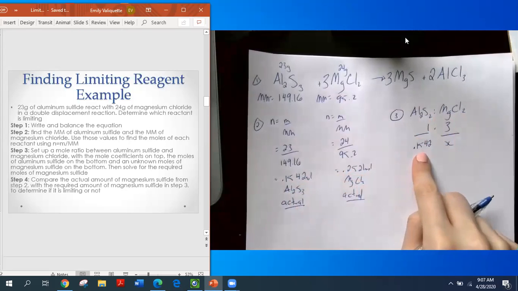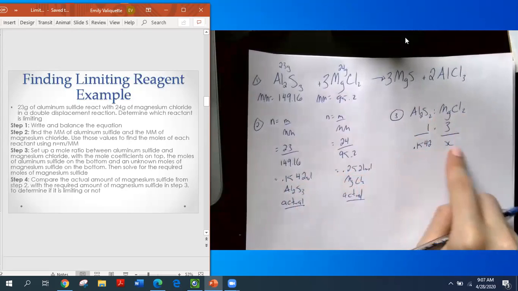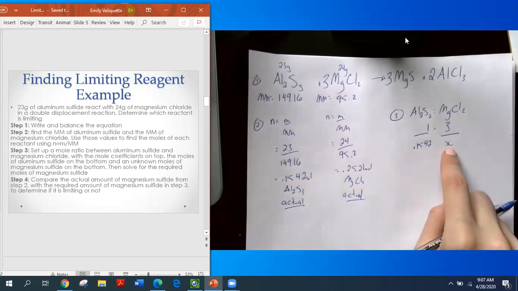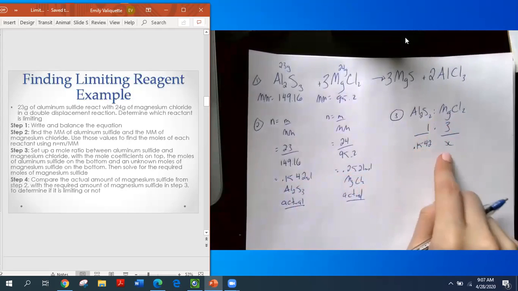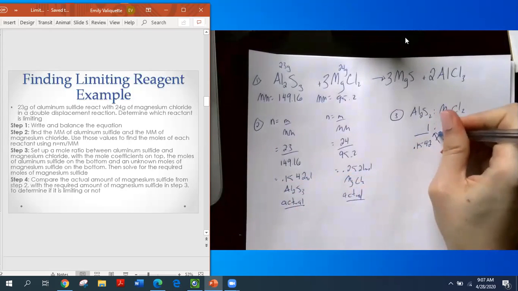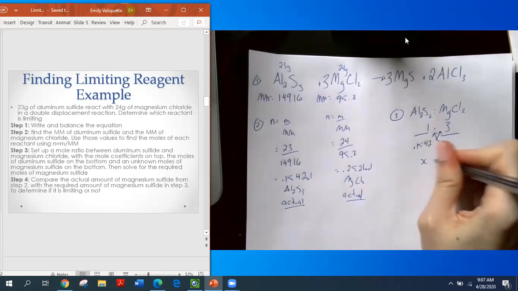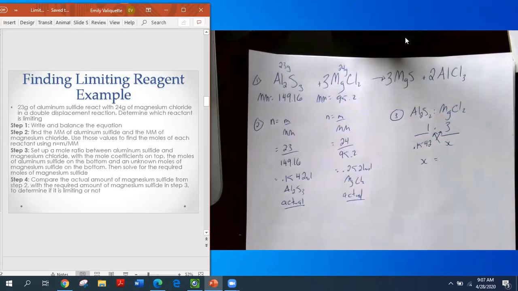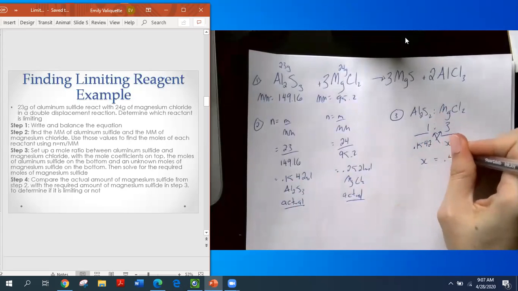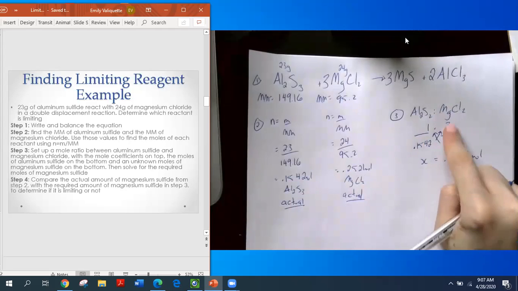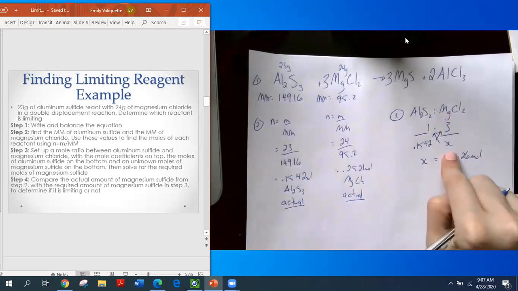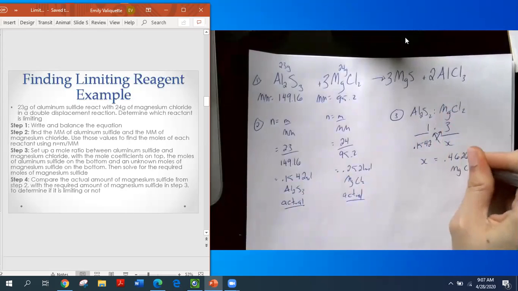So I'm going to plug in my 0.1542 moles. That means I put an X where the other one is. If you put in the 0.2521 mole for magnesium chloride, you would put your X here. It doesn't matter which one you do. I'm going to cross multiply, which leaves me with X equals 0.1542 times 3, which is 0.4626 moles. Now, because the X was under this side, that means I just solved for the moles of magnesium